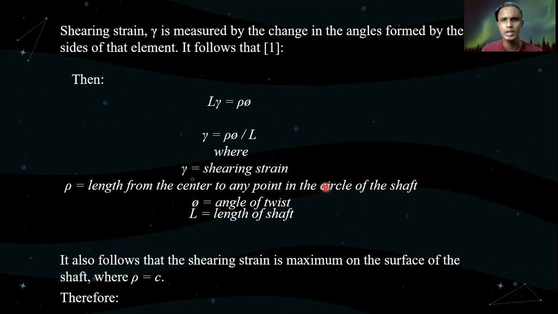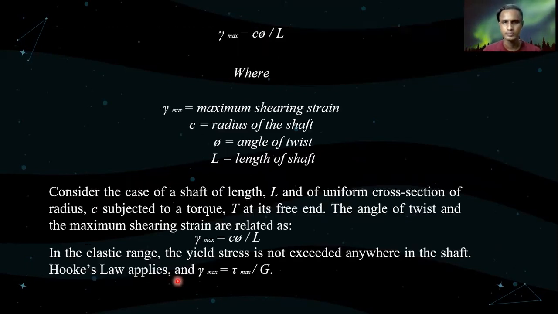point in the circle of the shaft. Theta is the angle of twist and L is the length of the shaft. It also follows that the shearing strain is maximum on the surface of the shaft, where rho is equal to C. Therefore,